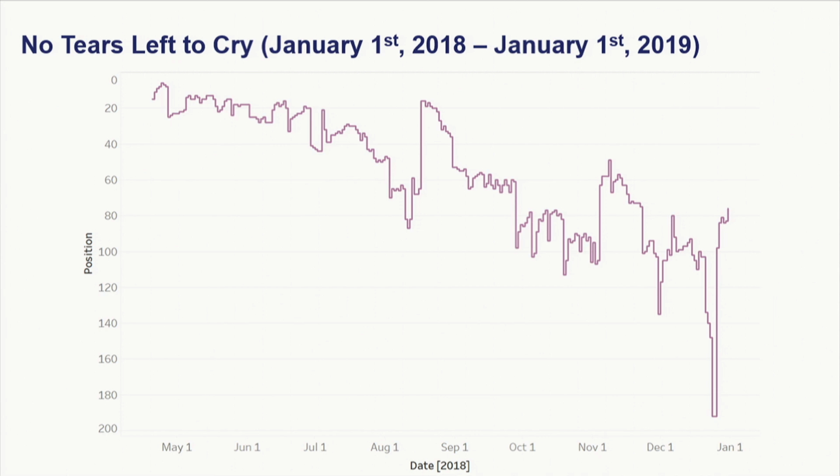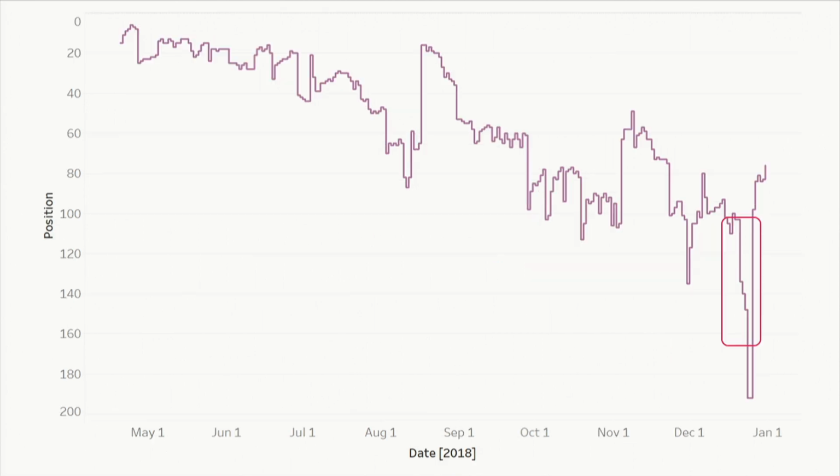When we look at this visualization, it doesn't look like the song fell off the chart at all, right? But in reality, it did fall off the chart on just one day in 2018, and that was Christmas Day. And if I had to take a guess, it's probably because